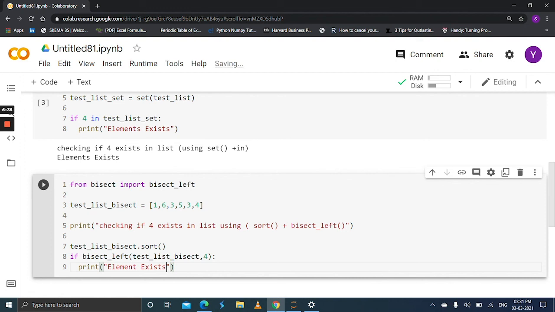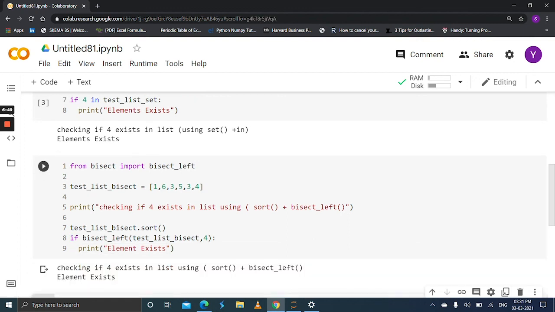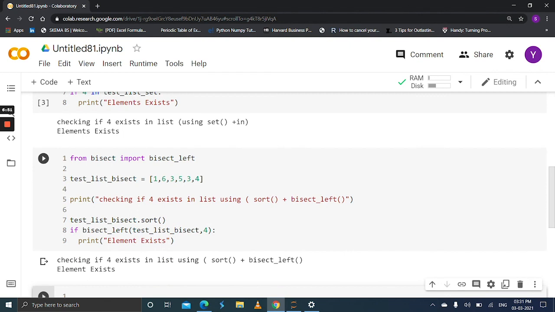If the given number is present in the test list bisect, bisect left checks whether the given number is present in the list or not. Let's run this. Great, we got it, the given test list has 4, that's why it prints element exists.